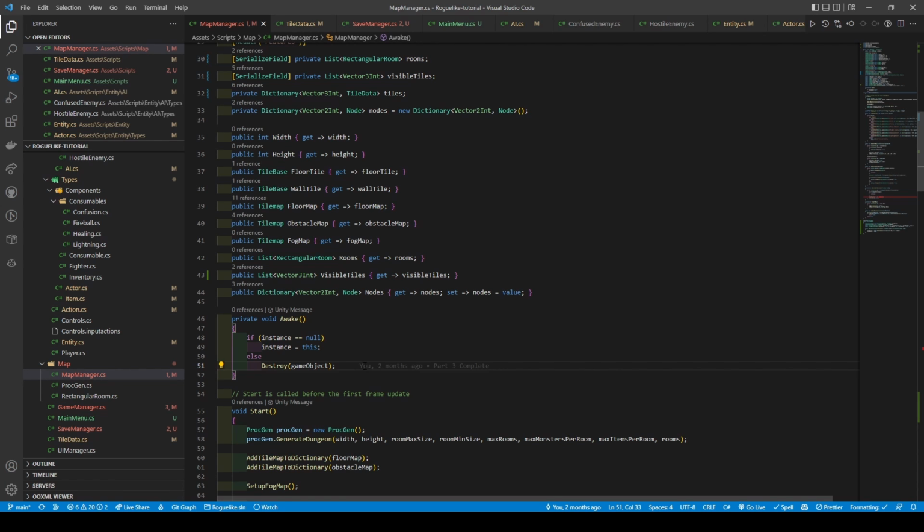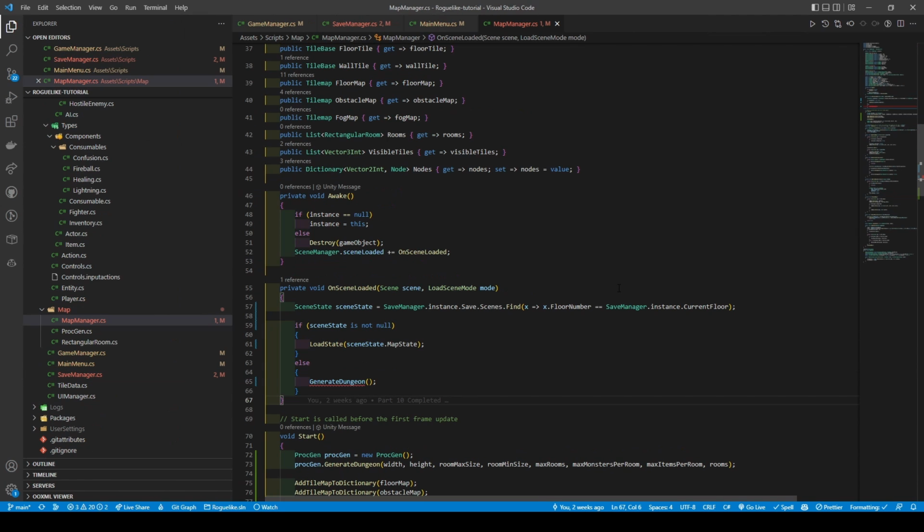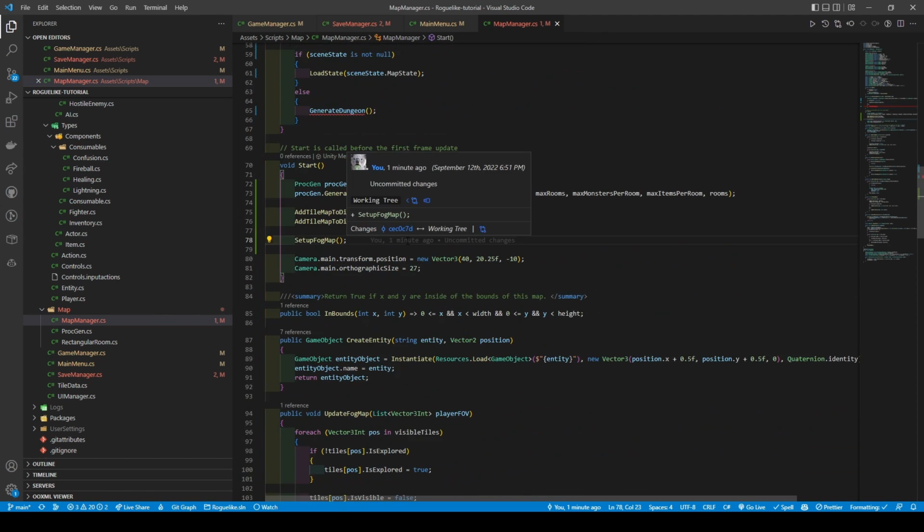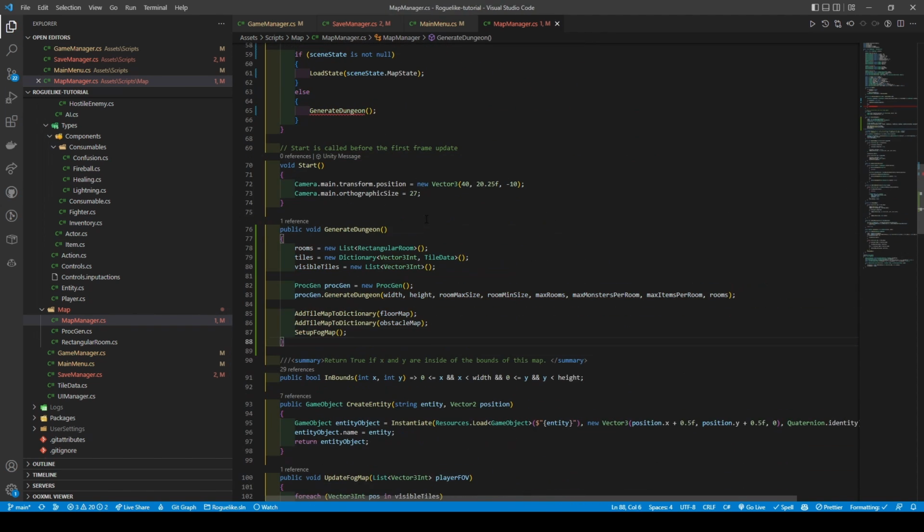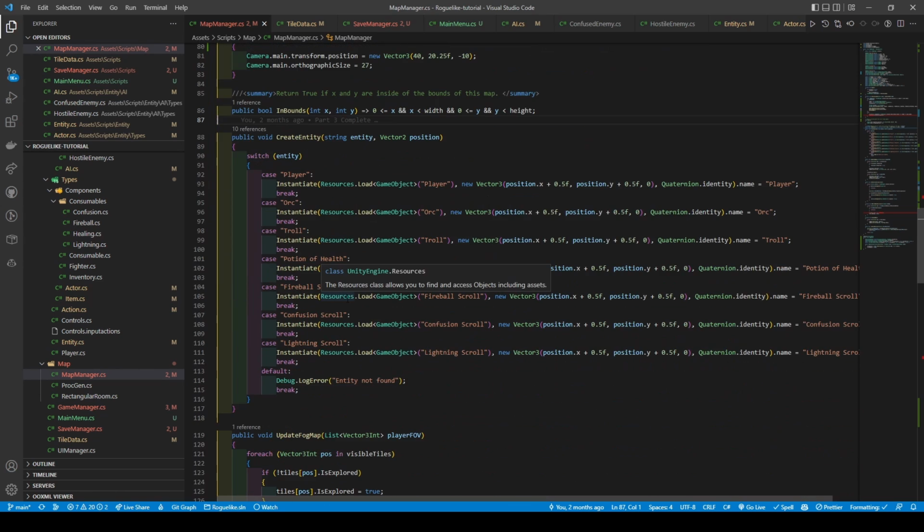Before, like GameManager, we're going to subscribe to onSceneLoaded, a method that will use to create a scene state variable called scene state, which we'll find using SaveManager.instance.save.scenes.find, looping through all available scenes, checking to see if their floor number matches the SaveManager.instance.currentFloor. We then use an if statement to check that the scene state is not null, calling load state, passing in our scene state.mapState, else we call generateDungeon, a method that, cutting out our code here, we'll initialize our rooms, tiles, and visible tiles, followed by generating our dungeon as per normal,